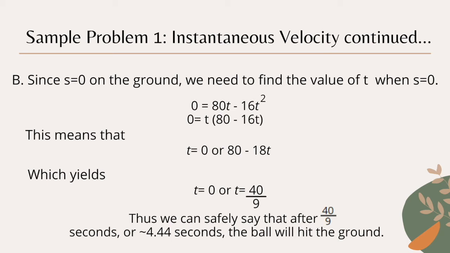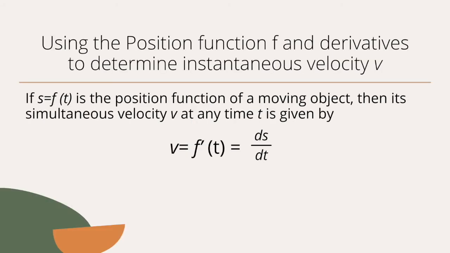Furthermore, we'd have to extract t from 80 minus 18t. That would be 80 over 18, or 40 over 9. Thus, we can safely say that after 40 over 9 seconds, or roughly 4.44 seconds, the ball will hit the ground. Hopping off to the gist of the topic, we have to use the position function f and derivatives in